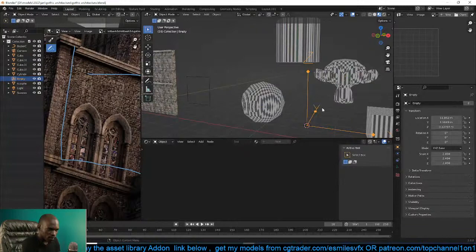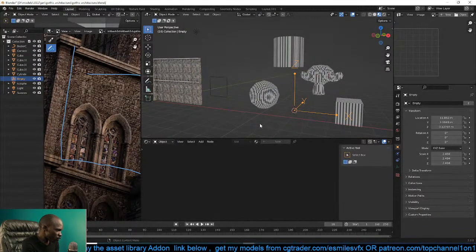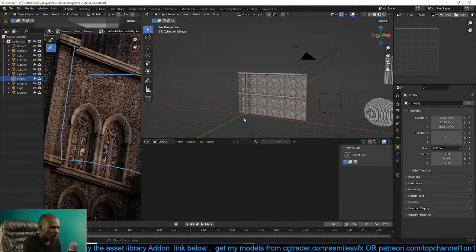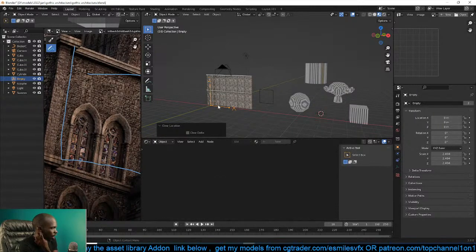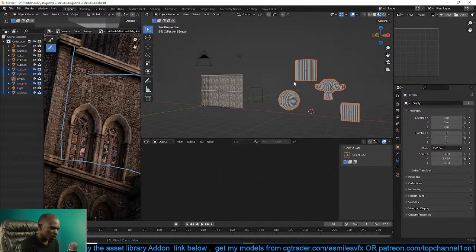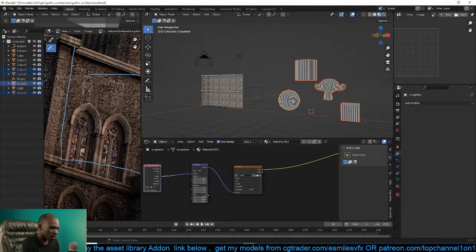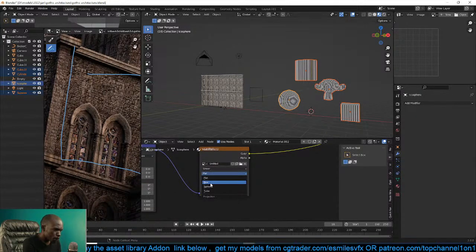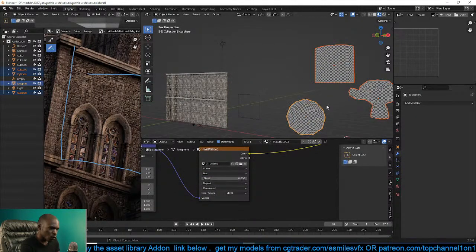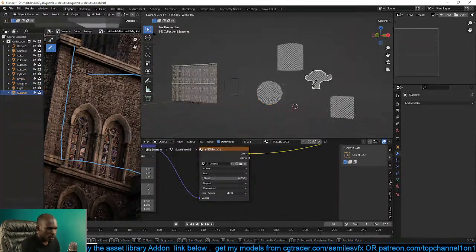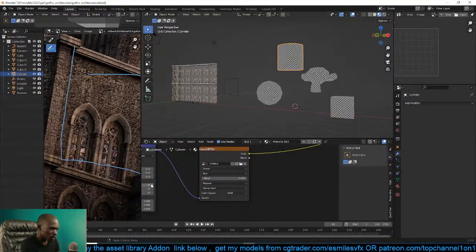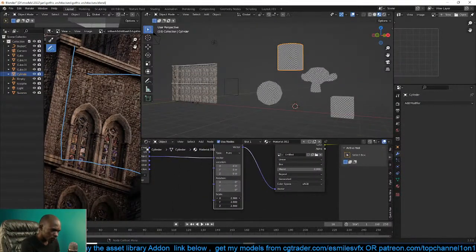coordinates of this object. But you want to use world coordinates, and world coordinates start at 0, 0 at the center of the world. So I can just reset the position of this object so that its coordinates are the same as the world coordinates. Now, if you're using object coordinates, you also need to make sure that you're using box projection for your UVs to look correct. So now if I scale this, you can see that the UVs are still the same, all the mapping is still the same. And if I scale this up, if I scale the mapping here,